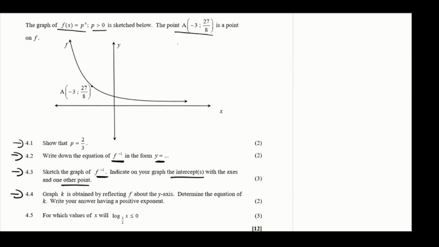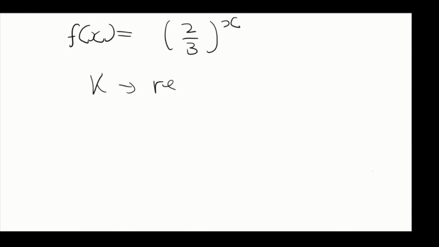So 4.4, we are told that the graph of k is obtained by the reflection of f about the y-axis. Determine the equation of k. Write your answer in positive exponent. Remember that the graph of f of x we found to be 2 over 3 all to the power of x. So if they say k is the reflection of f about